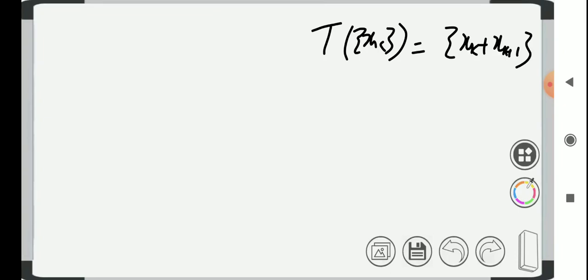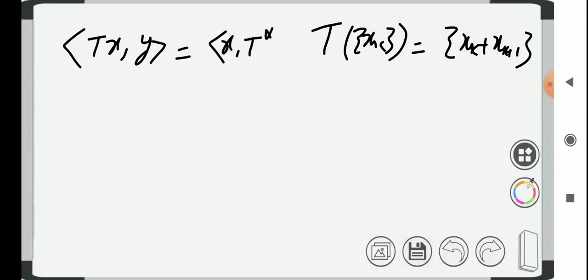So by the defining relation for the adjointness, let us calculate first the inner product of Tx with y, which should be the same as the inner product of x with T star y. We will simply calculate the inner product of Tx with y and try to compare it with this. From that we will try to explicitly define T star y. Now for this equality,